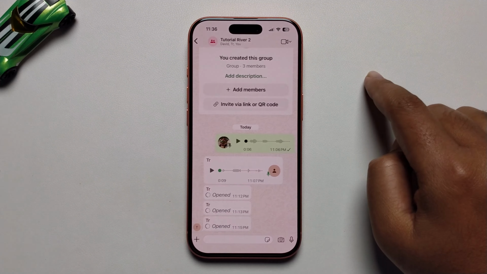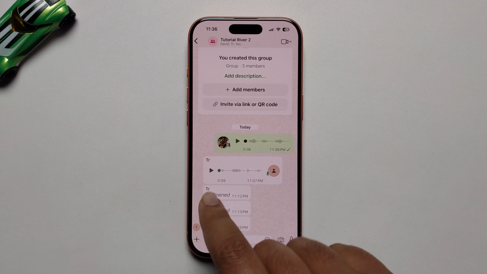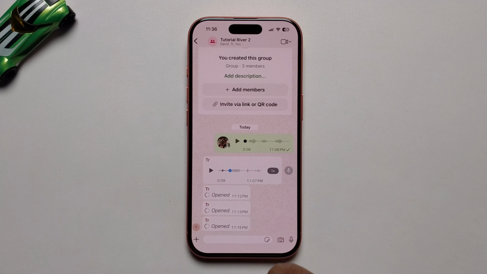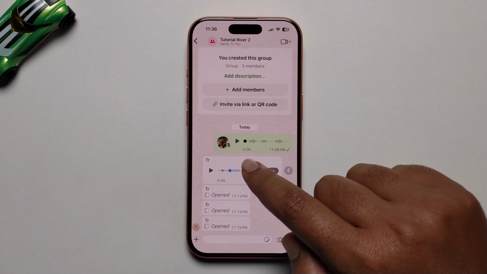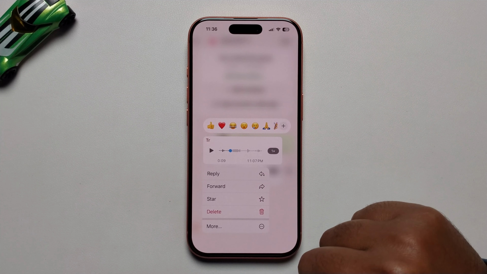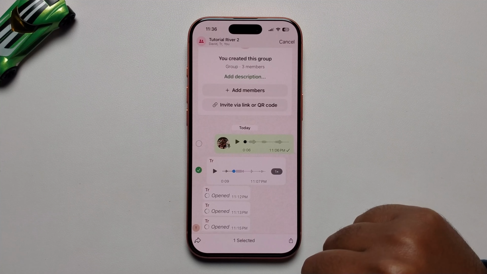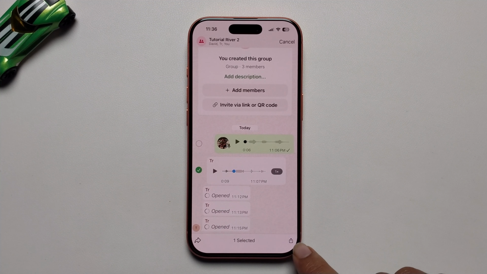So you just select a voice message. As you can see, this is my voice message. Hello. Okay. Just long press. As you can see, it's showing the forward option. Just press on it and click on this share icon